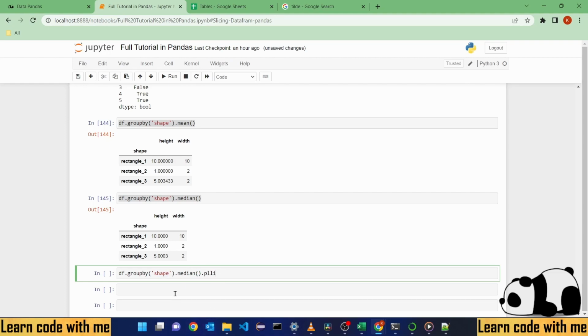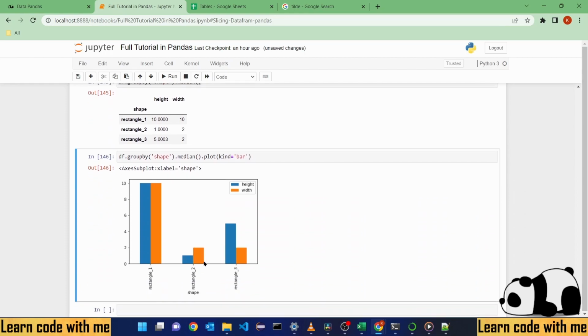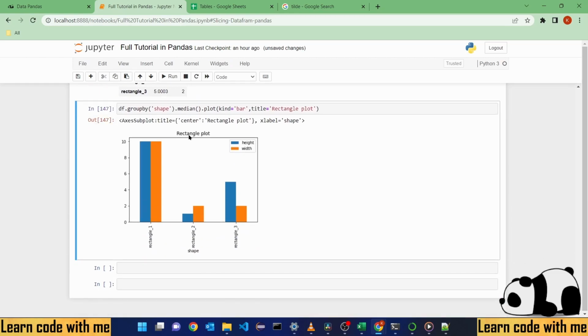For example, we can do a plot again, like we saw before. Kind bar. It's very good to use. We can just put a title, for example, title. Probably it is just like this. We can find a lot of documentation on that. Rectangle plot, say for example, I go to the title. So just jump right now into